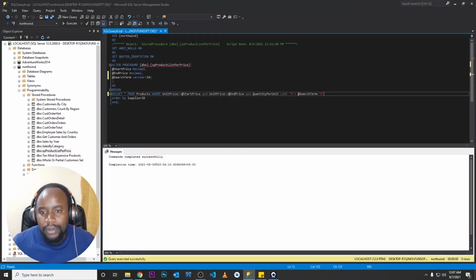Today we're going to be covering stored procedures. Stored procedures are basically a set of queries that are usually saved in the database, so that they can be executed routinely or more frequently. We have two types of stored procedures: user-defined procedures and